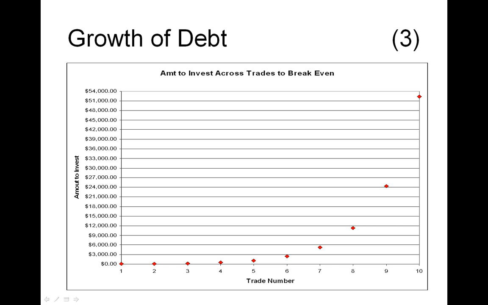And you'll notice that these points, they don't line up in any linear fashion. There's no line there. That's what I meant when I said that the growth of debt per trade is not linear. It grows much more rapidly than a linear scale. And so if one gets, for any number of reasons, if one gets greedy, if one panics and one thinks, oh my God, I've already put so much money into this, I'm just going to keep going because I have no choice. I have to recover this. That's very dangerous.